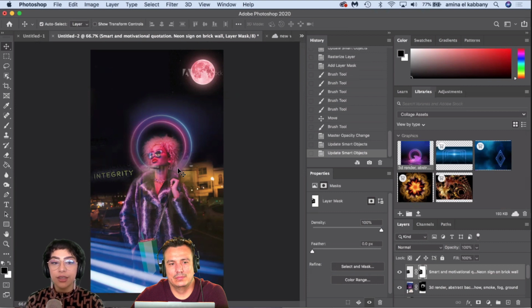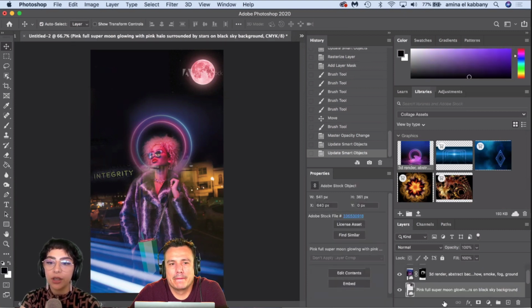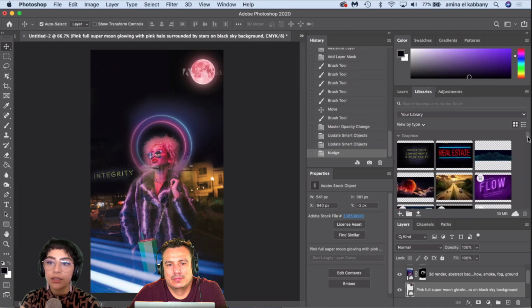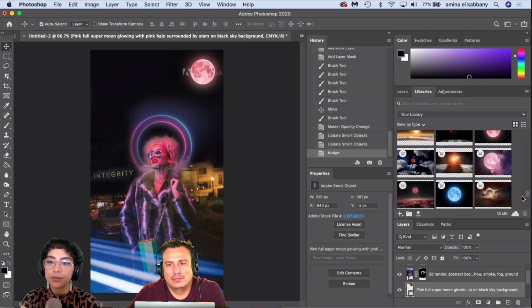If you didn't see that, I just licensed this aura photo that I have here. I'm going to call it the halo. It immediately took away the Adobe Stock logo, just so you're aware that is a thing that happens unless you rasterize it beforehand, I believe. That's right. I'm going to go ahead and license this pink moon image too because I really like it. I decided that is the one we are going to go with.